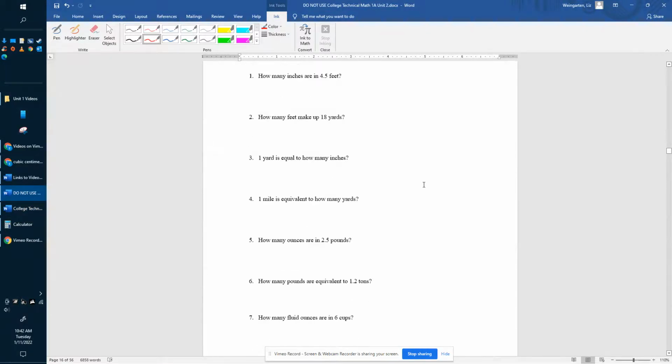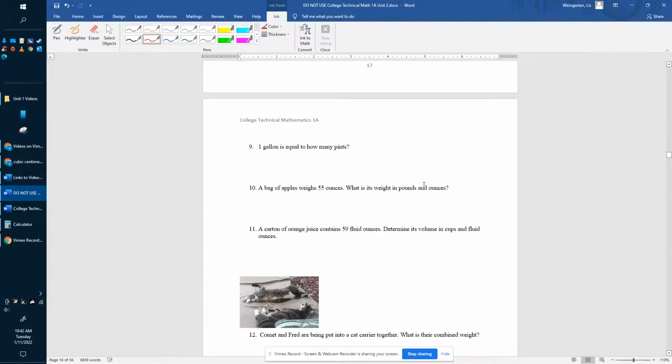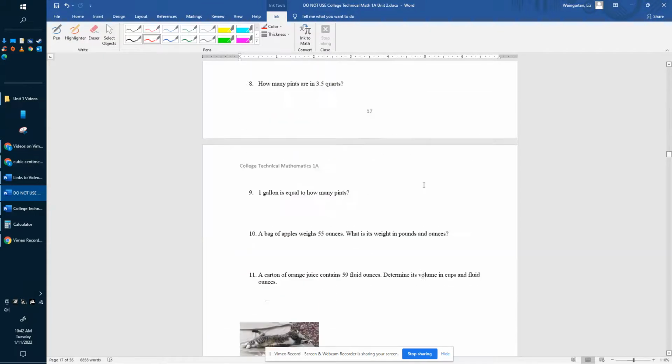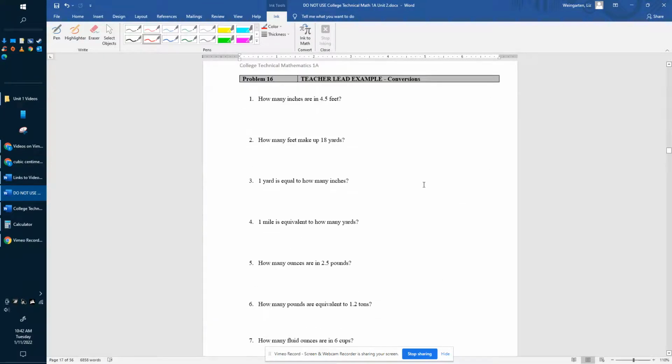Let's take a look at some examples. We have a lot of examples to go through, just like in our last one, which is probably good for you guys because then you can see how this dimensional analysis works on the English or the US system. So let's see how many inches are in 4.5 feet. So again, just like before, we'll take 4.5